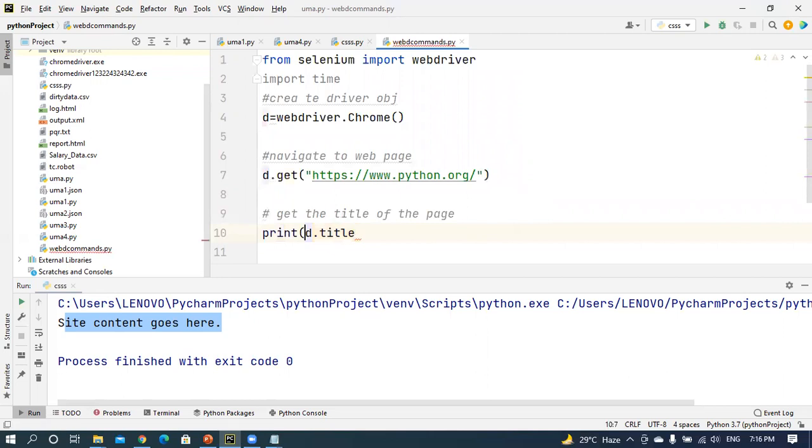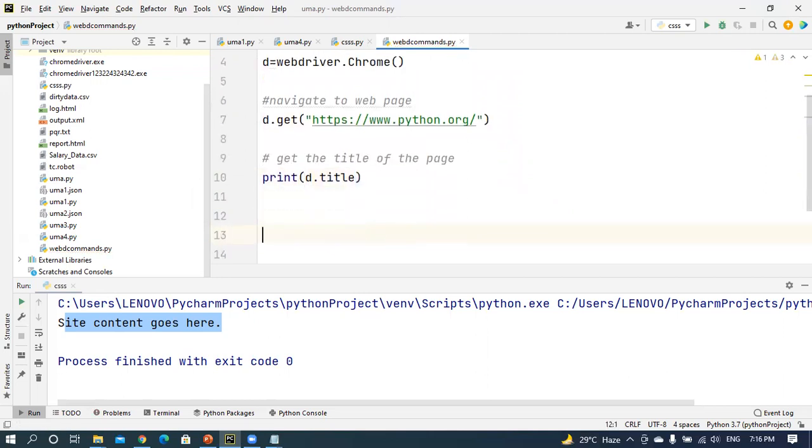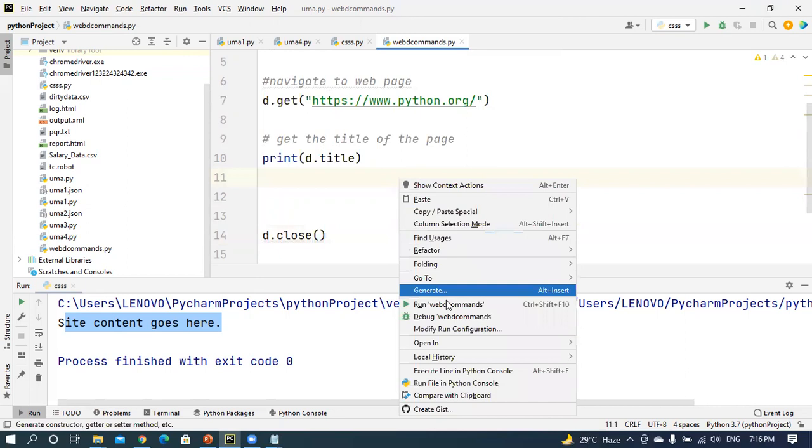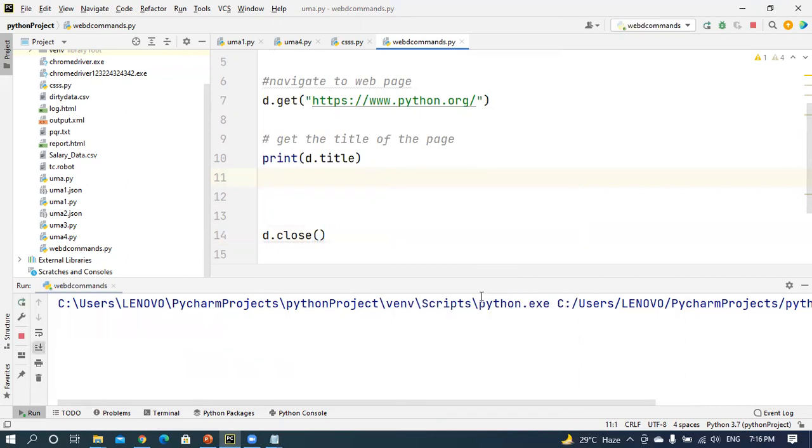After that, I am going to close this one: d dot close.